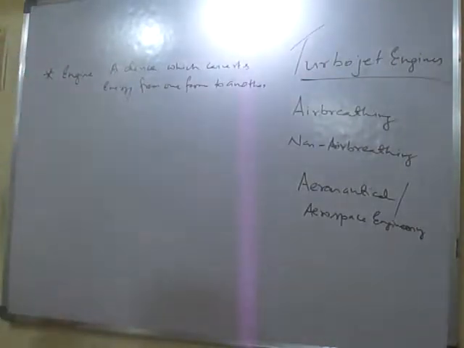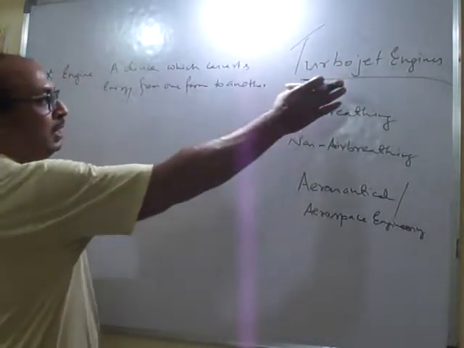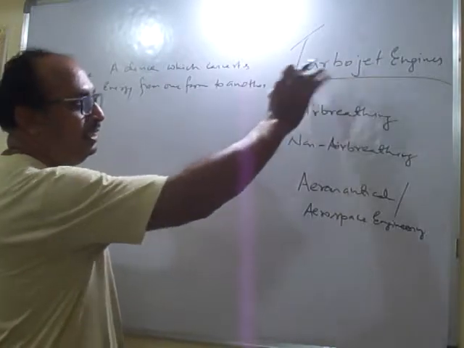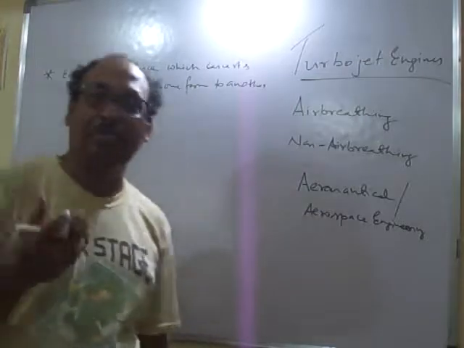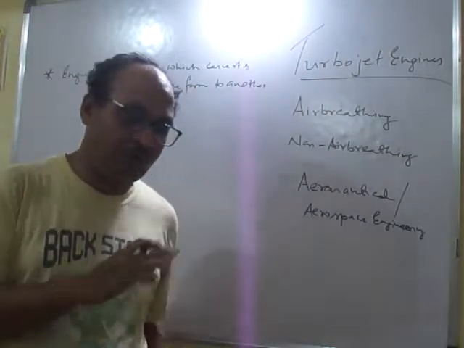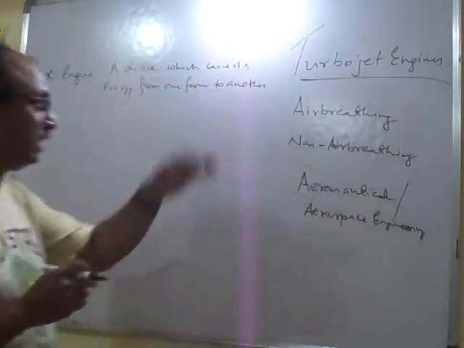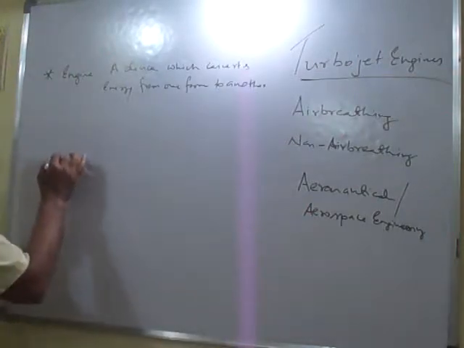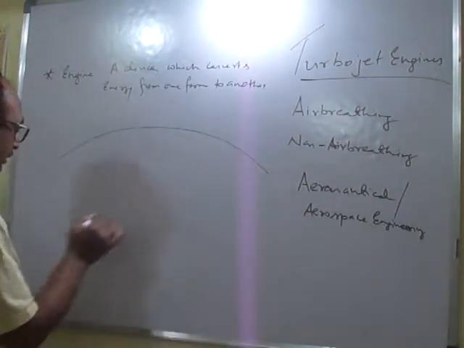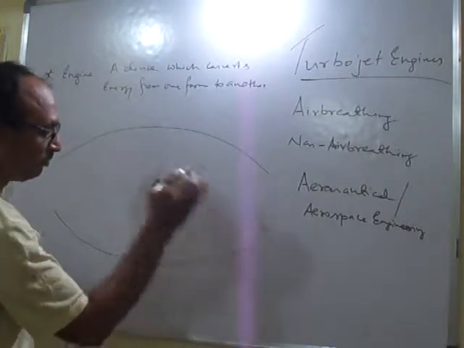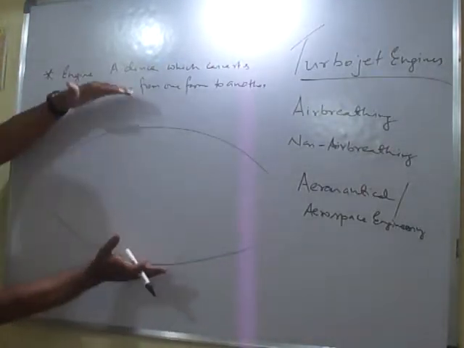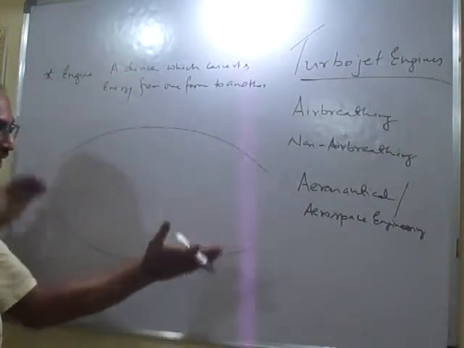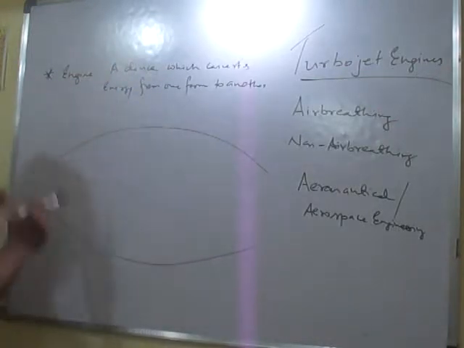Muscular effort, right? Now, a simple description of the turbojet engine only I am going to discuss today, and in my next video I will describe other engines also in detail. A general construction of a turbojet engine is in this fashion. A turbojet engine is enclosed in a duct. Duct means a pipe through which something can flow from one place to another.